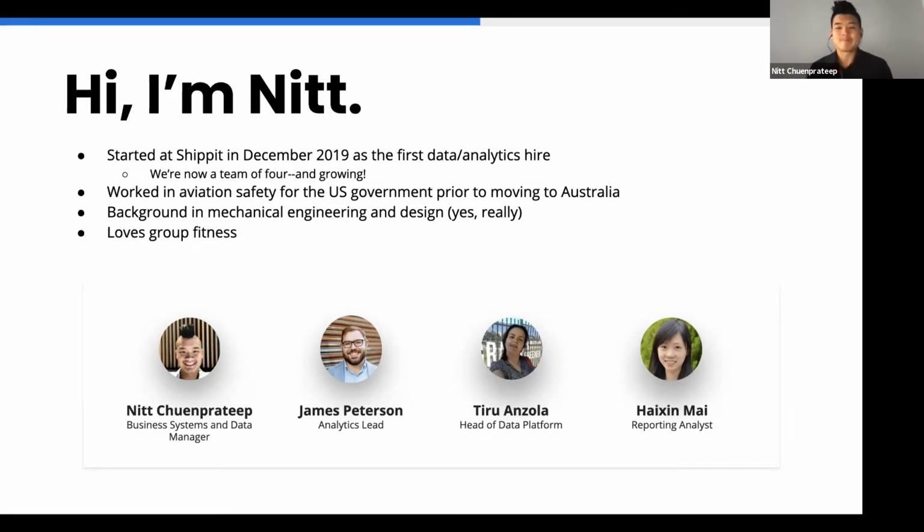What with the increases in online shopping and also some of the advancements that we've been able to make over the past year, right? Prior to working at Shippit, I actually worked in aviation safety for the US government. I was responsible for data warehousing across the Federal Aviation Administration safety databases, and also headed up a community of practice about analytics at the Federal Aviation Administration, right? But I felt it was time to do something new, because I'd been working for the government for quite some time before I moved to Australia. I didn't want to be someone who just worked at the same place forever. It was time to try something new and live somewhere else, right? So here I am, right?